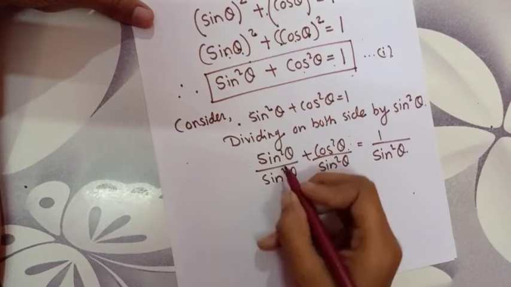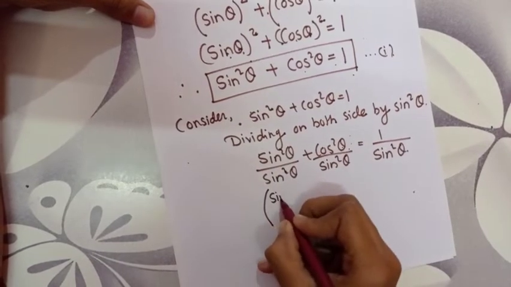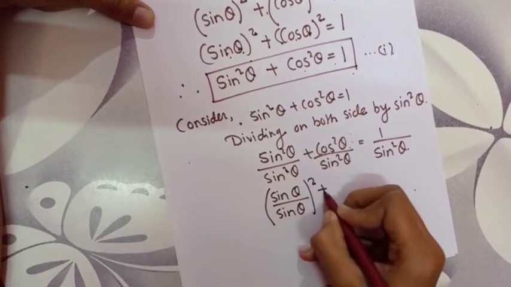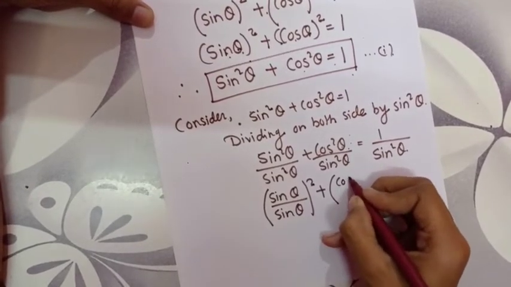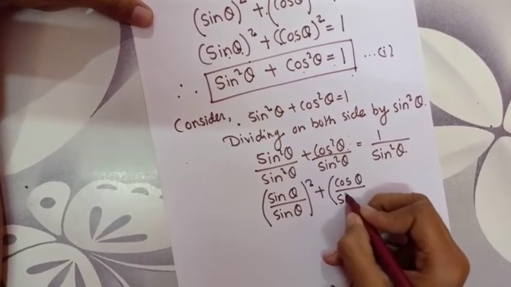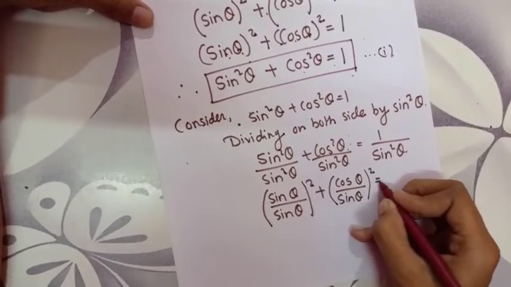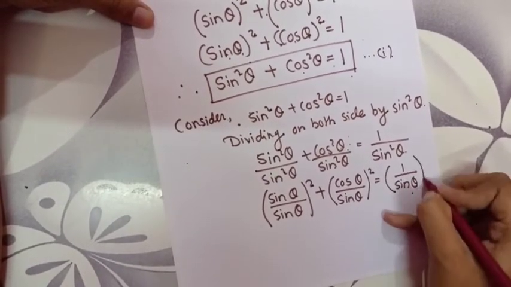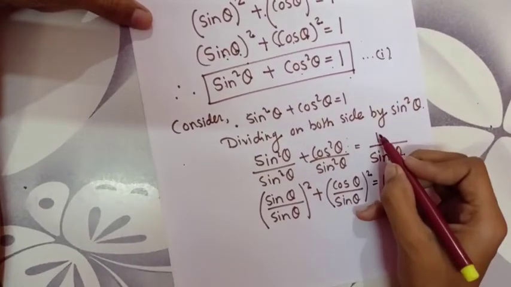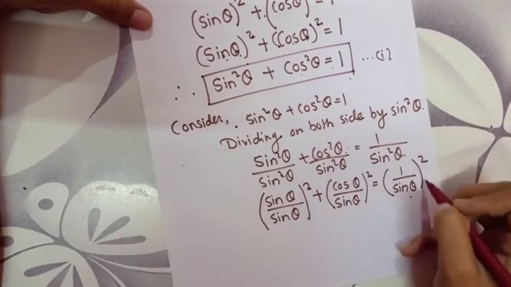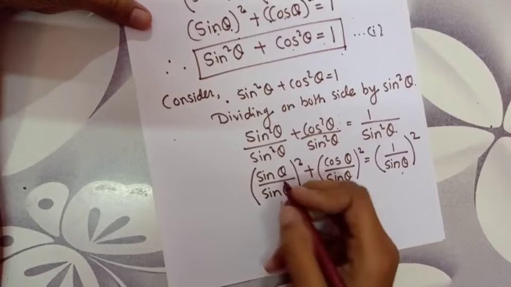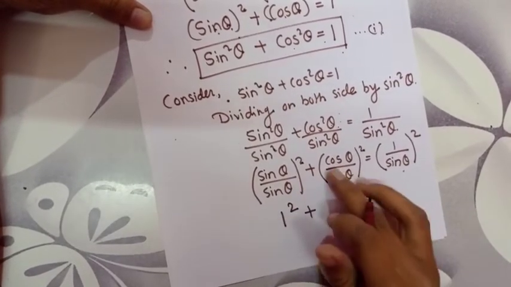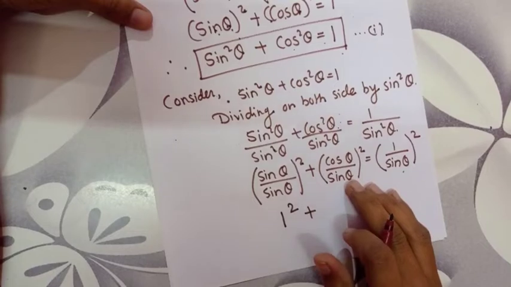We can also write it as sin theta by sin theta whole square plus cos theta by sin theta whole square, which is equal to 1 by sin theta whole square. Here 1 square will be 1, therefore whole square we can take it. Now sin theta by sin theta will be 1 square plus cos theta by sin theta will be cot